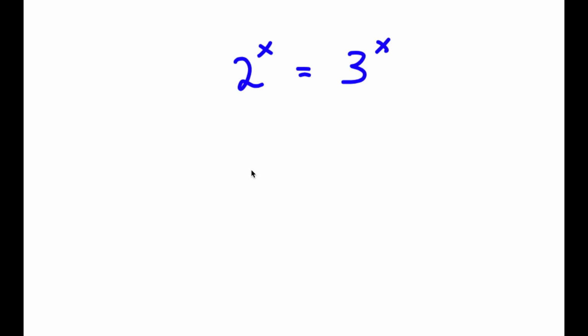Alright, so in this problem, I have 2 to the power of x is equal to 3 to the power of x. So I obviously want to find the value of x here. So for my solution,